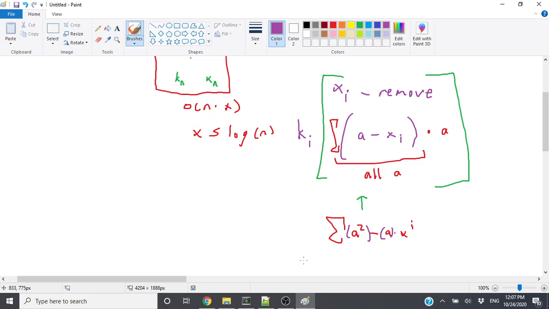Can we do sum of a? Sum of a should be simple. So we guarantee that it has xi, which means that every other element in the whole set that we're working with is either included or it isn't. So when it's included,